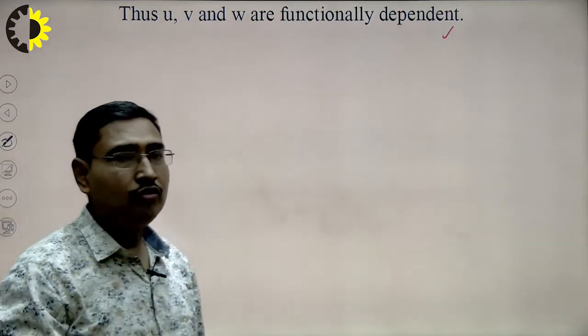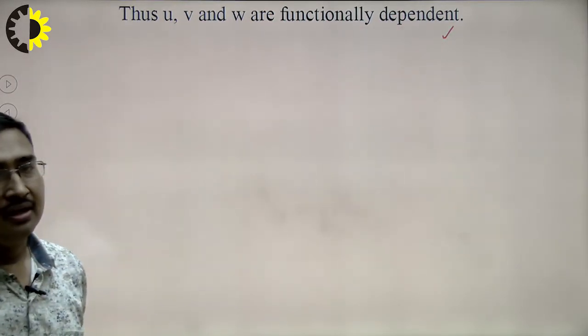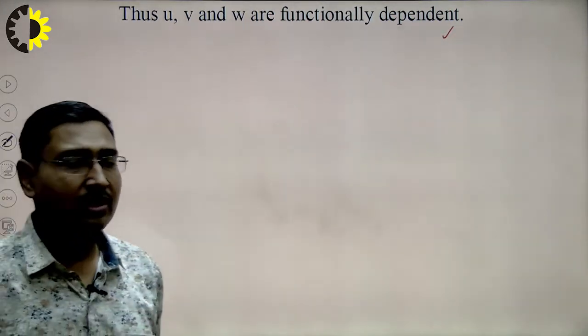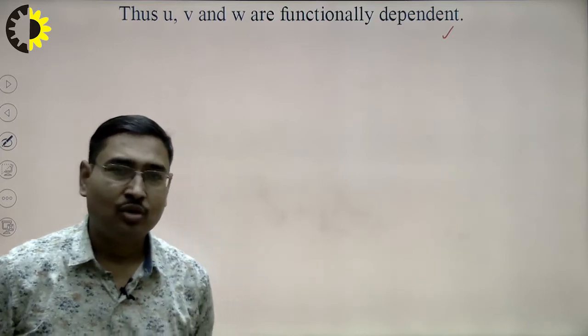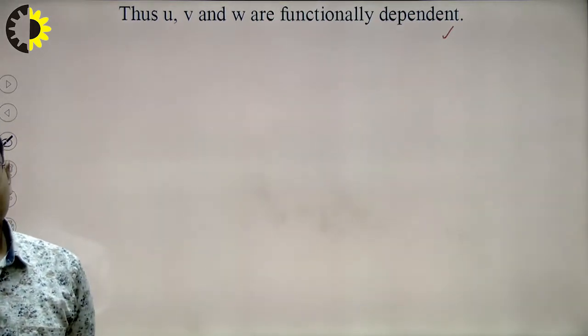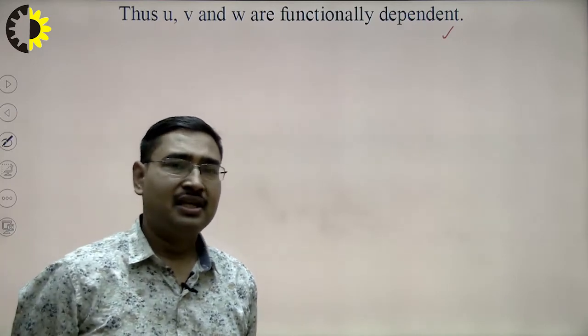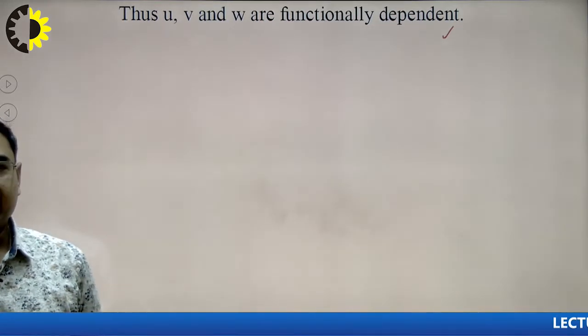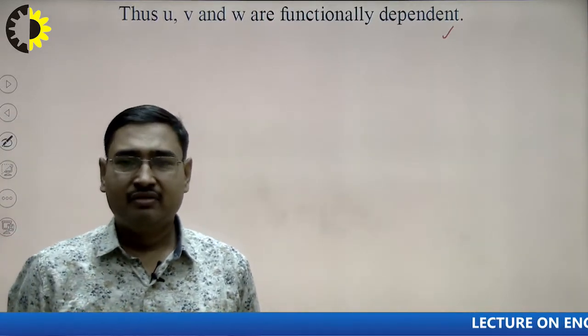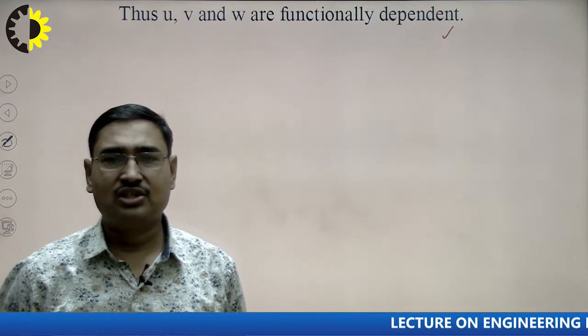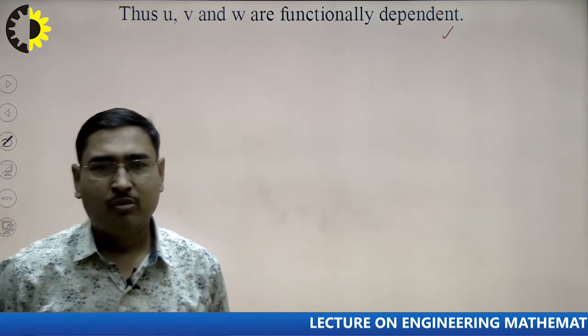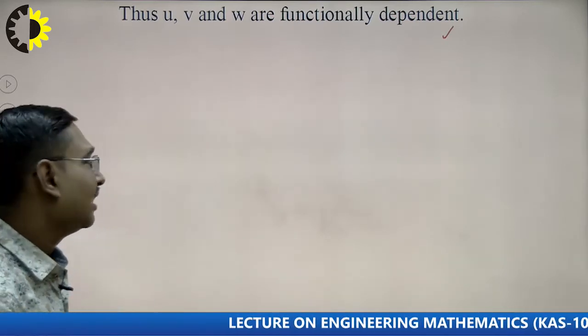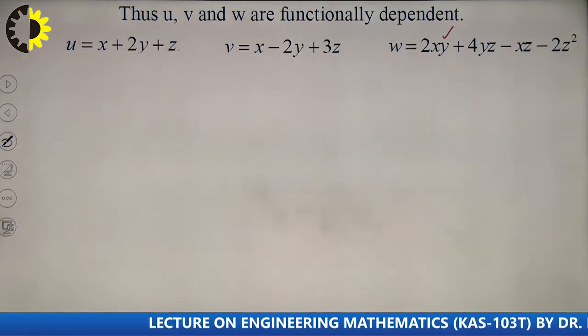Now the value of the Jacobian is 0, which means u, v and w are functionally dependent. We have examined that u, v and w are functionally dependent. Thus we can move towards the next part of the example, in which we were to find a relation among u, v and w involving x, y and z. Finding a relation is a tricky approach. There is no fixed rule or fixed procedure which can be followed to give a relation between u, v and w. We will just inspect the given functions u, v and w, and with the help of inspection we will try to eliminate x, y and z from the given functions.